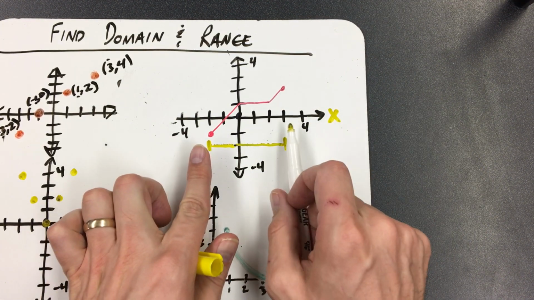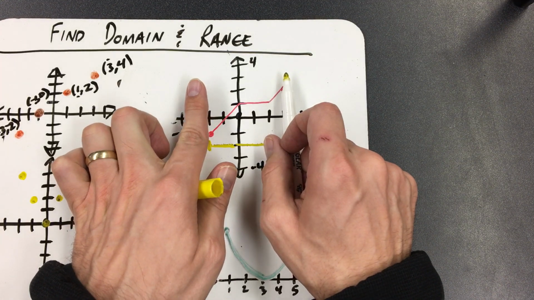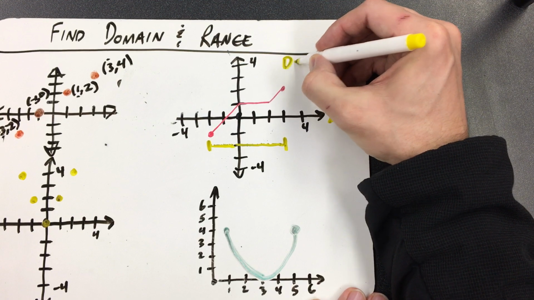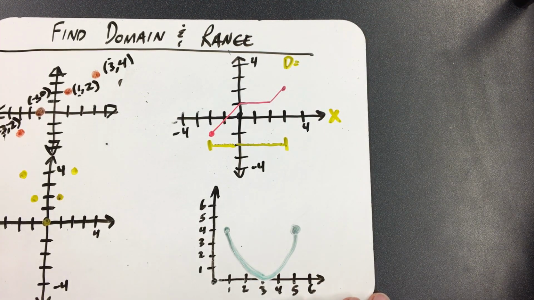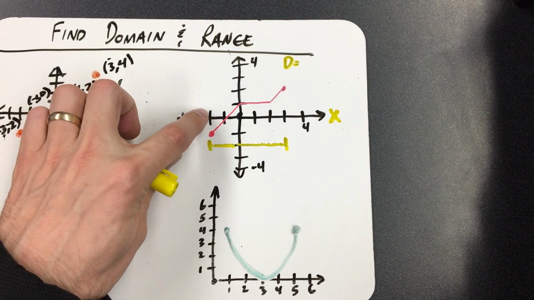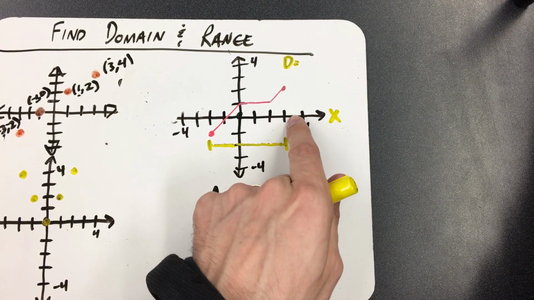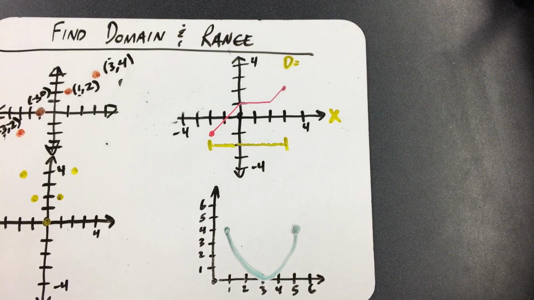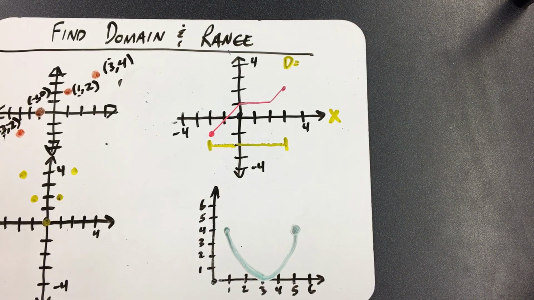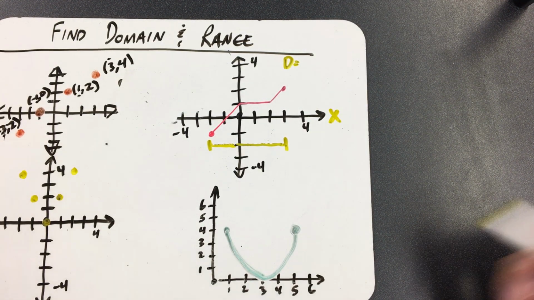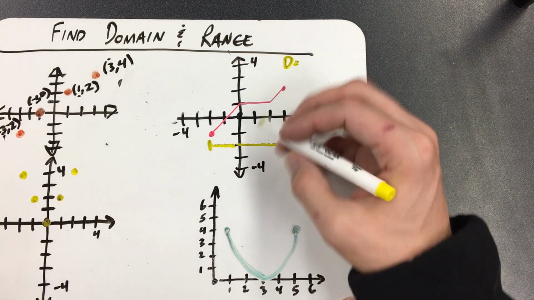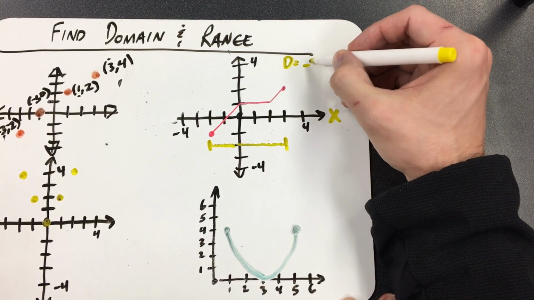The x-axis, our graph kind of lives at this part of the x-axis, right? So I could say my domain on this one is going to be from this point, -2, all the way to this point, +3 on the x-axis, right? The domain is from -2 to +3. Now let me make sure I'm going to write this correctly because there's kind of some funky ways to write it. Okay, so remember how we wrote these things with kind of like the fancy symbols in the last chapter,